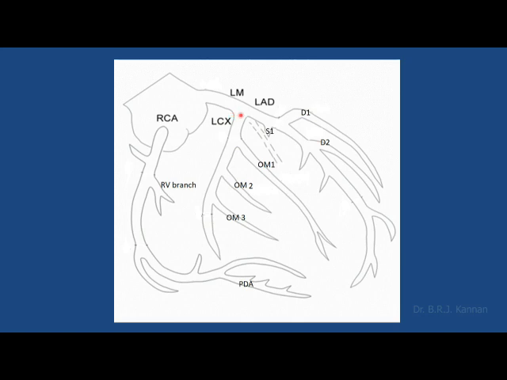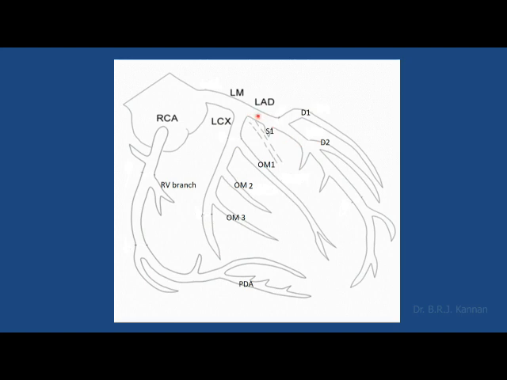The left main coronary artery divides into the left anterior descending artery and the left circumflex artery. In the left anterior descending artery, generally the first branch is a septal branch, S1 branch or major septal branch. Here they have shown it as a small branch. It will generally be a very long major septal branch. Then comes the major diagonal artery. Then the second diagonal, third diagonal, smaller diagonals will occur.